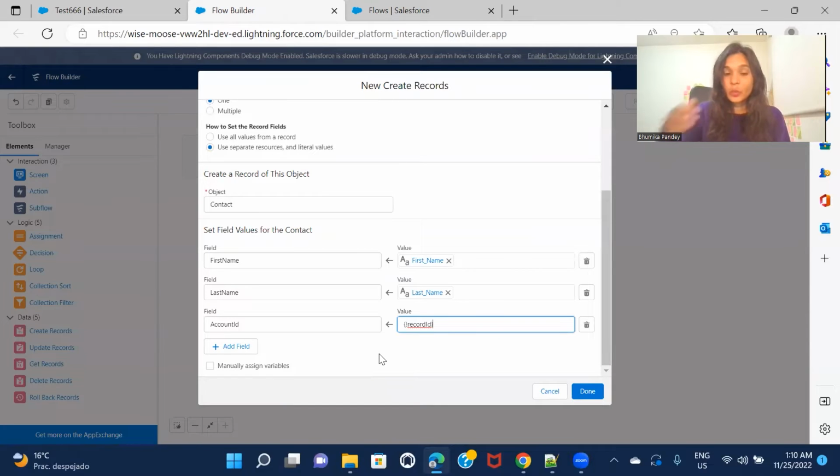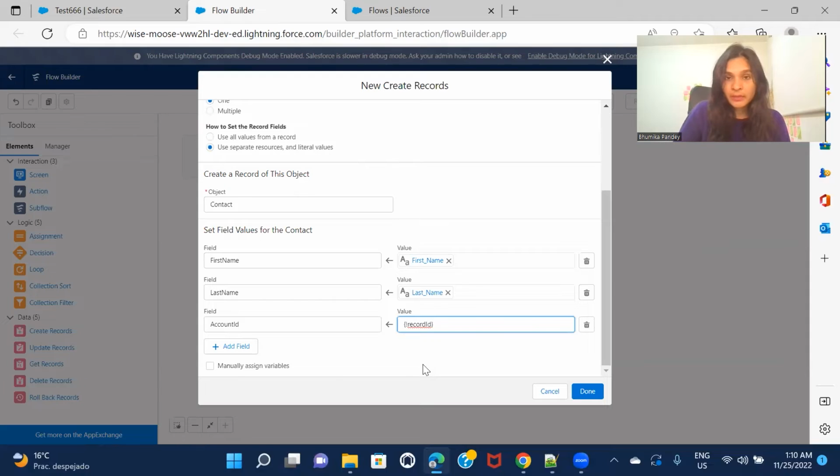Now, in the next step, when you would be uploading the file, as I said, the file upload element is going to ask you the related record, right? The record on which you want that file to be associated to. And we want that file to be uploaded on the contact record, right? So this is the contact record which is getting created. So what we have to do is store the ID of this contact to some variable, so that when we are actually using the file upload element, we can map this ID to whatever attribute the file